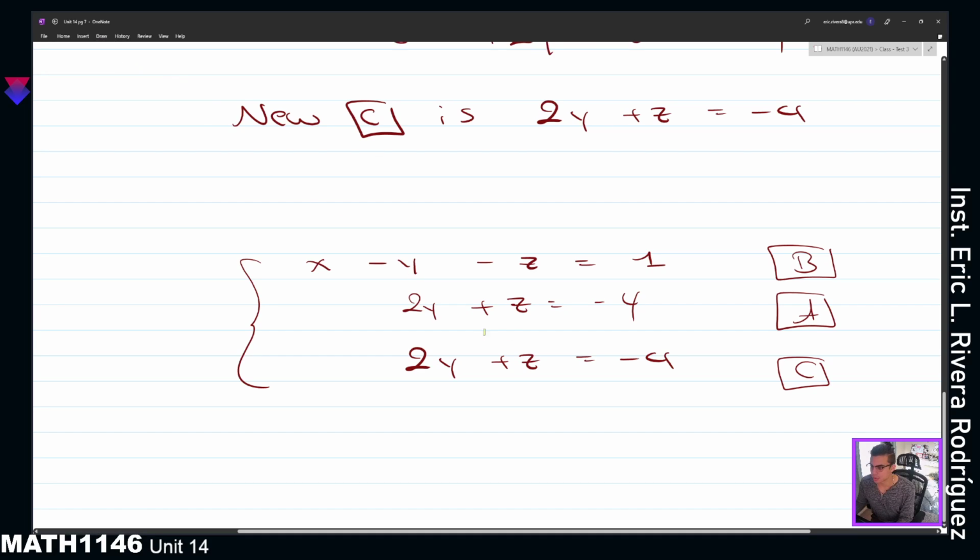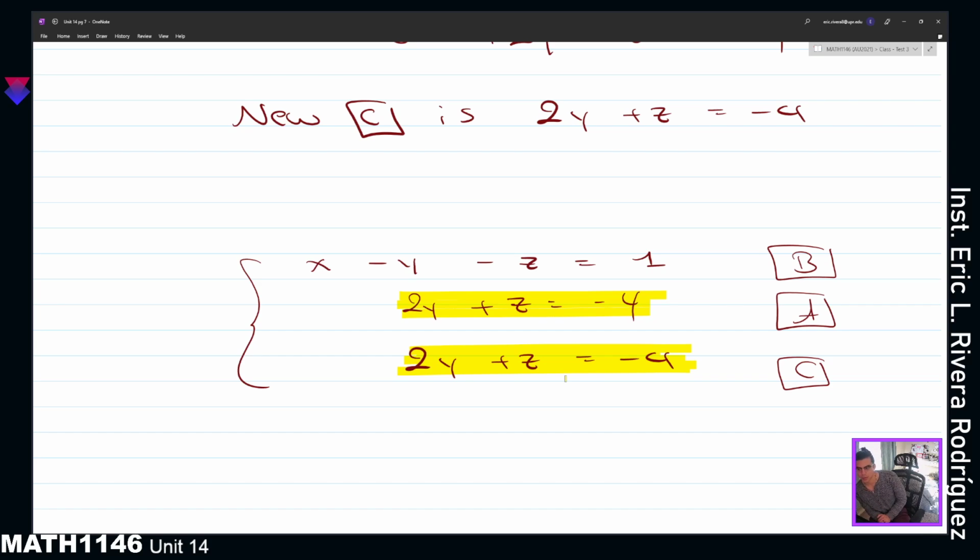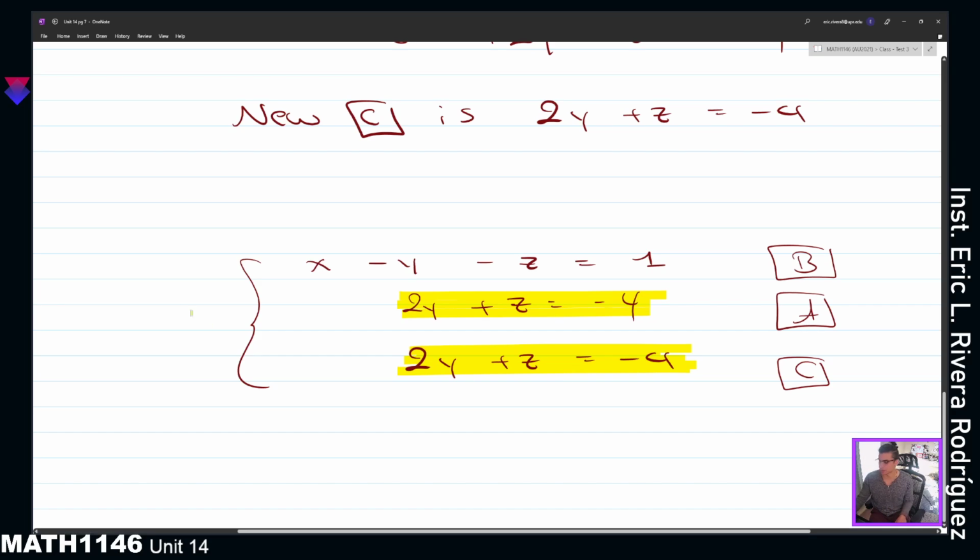So you are in this position, and if you try to cancel terms, the y term of C using A, what you are going to do is to cancel both. What you are going to have for C is an equation 0 equals 0, because these two are equivalent. So when you have two equations that are the same in a three-variable system, what you are going to do